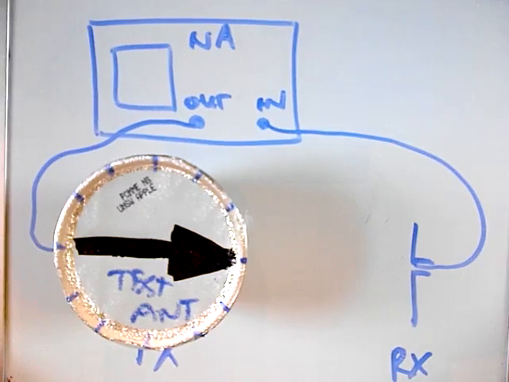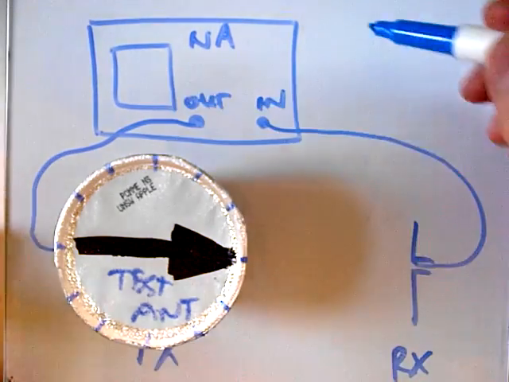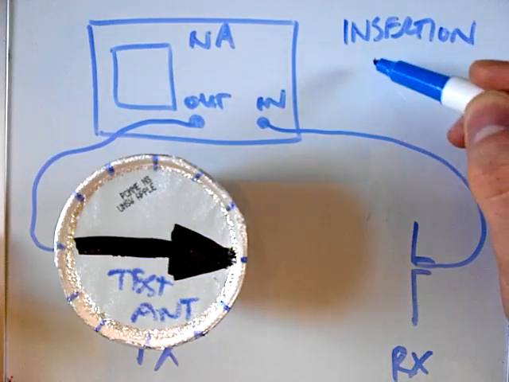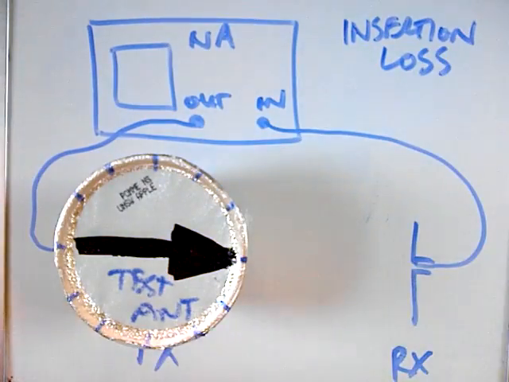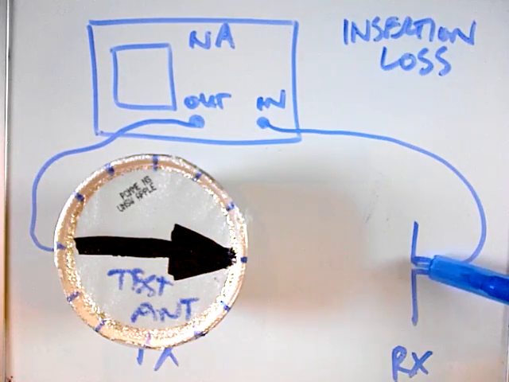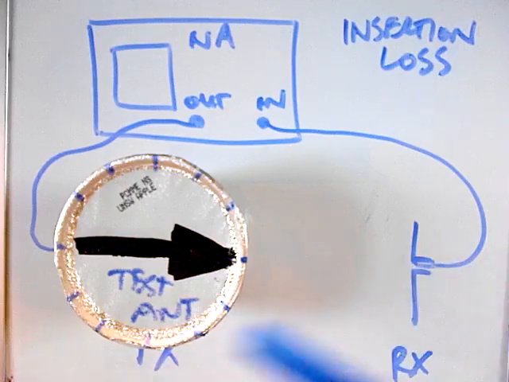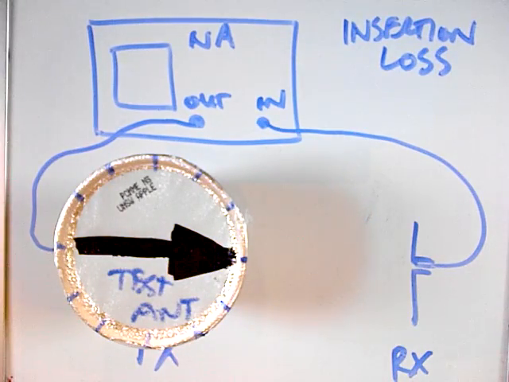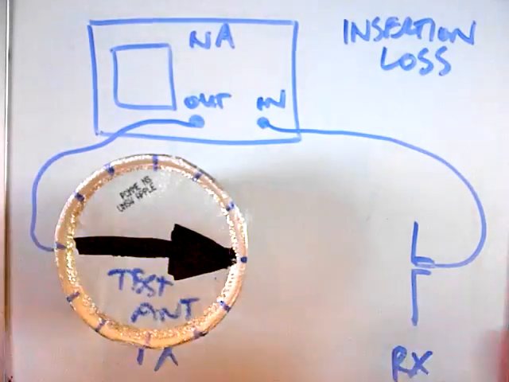And the thing that we have to measure is insertion loss. And the way that we're going to measure it is we're going to set it up just like this so that the receive antenna is going to receive maximum signal. So this arrow is the direction of maximum gain of the test antenna. So we set it all up like this,